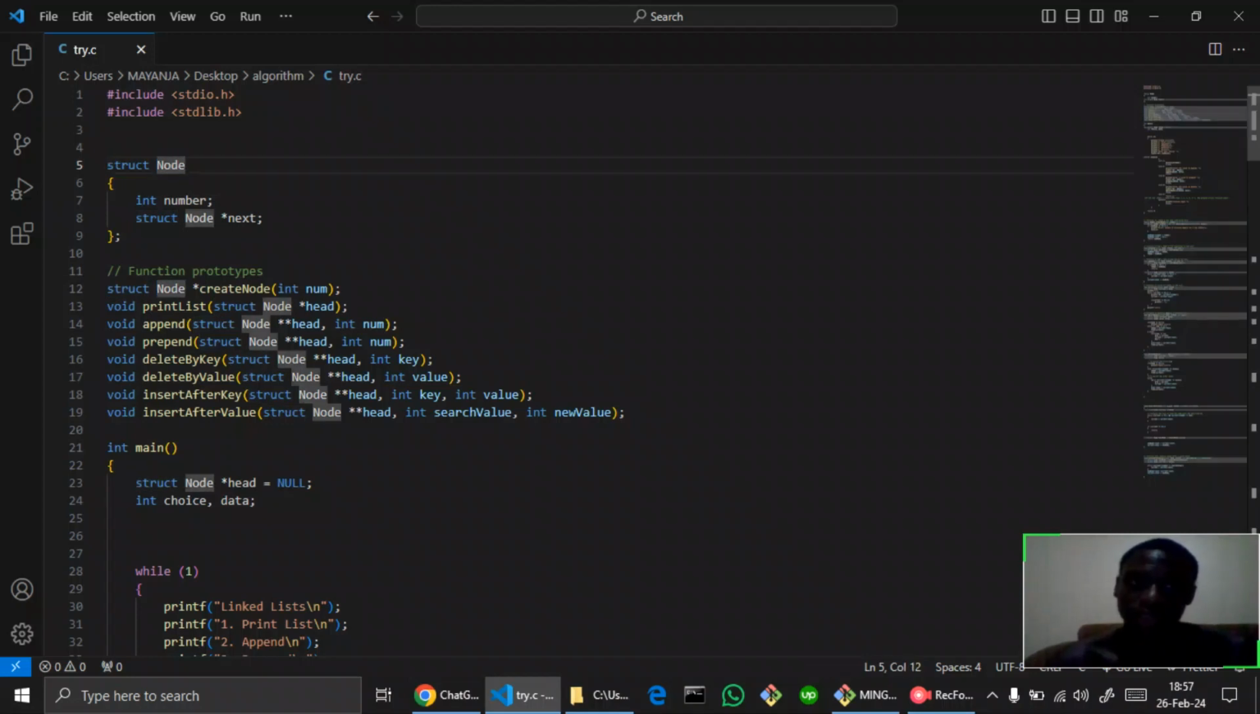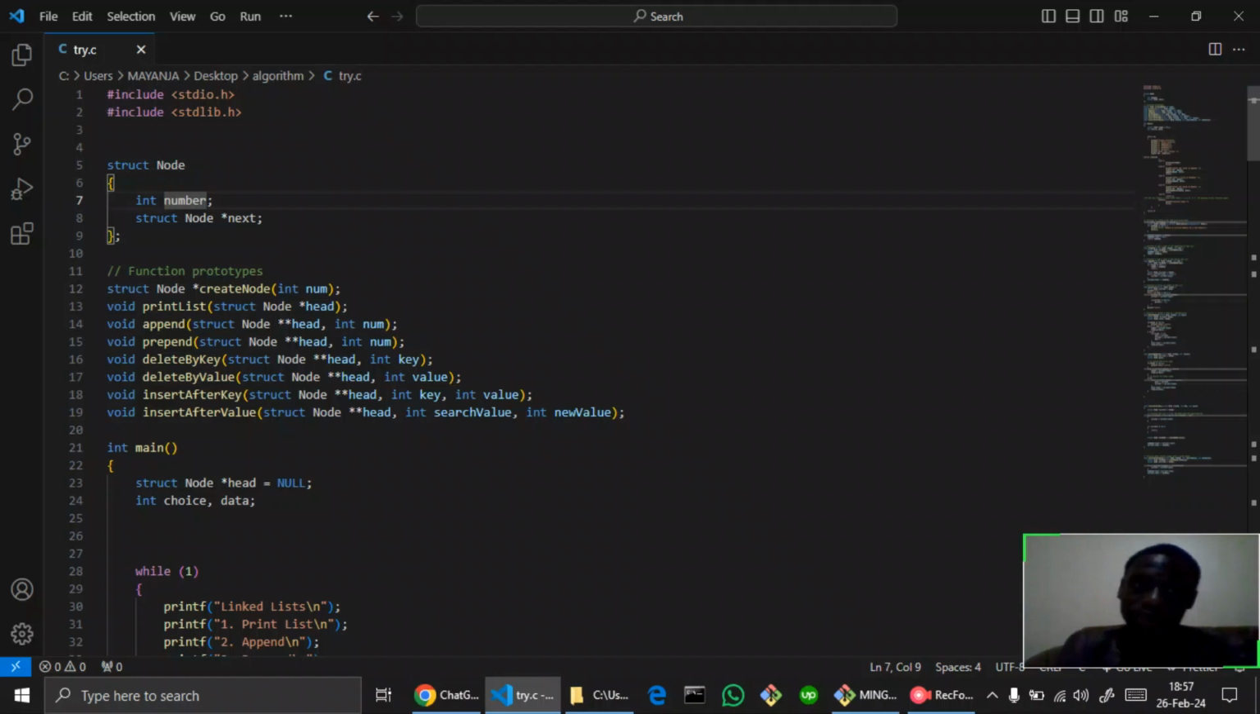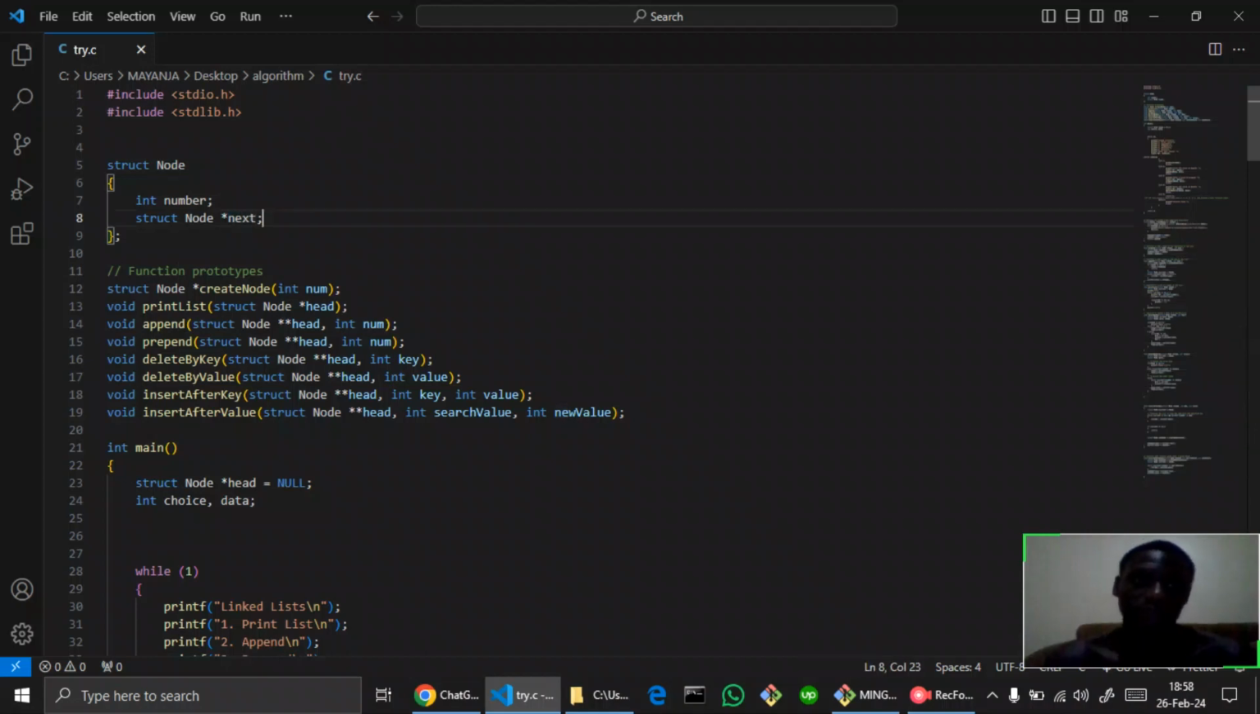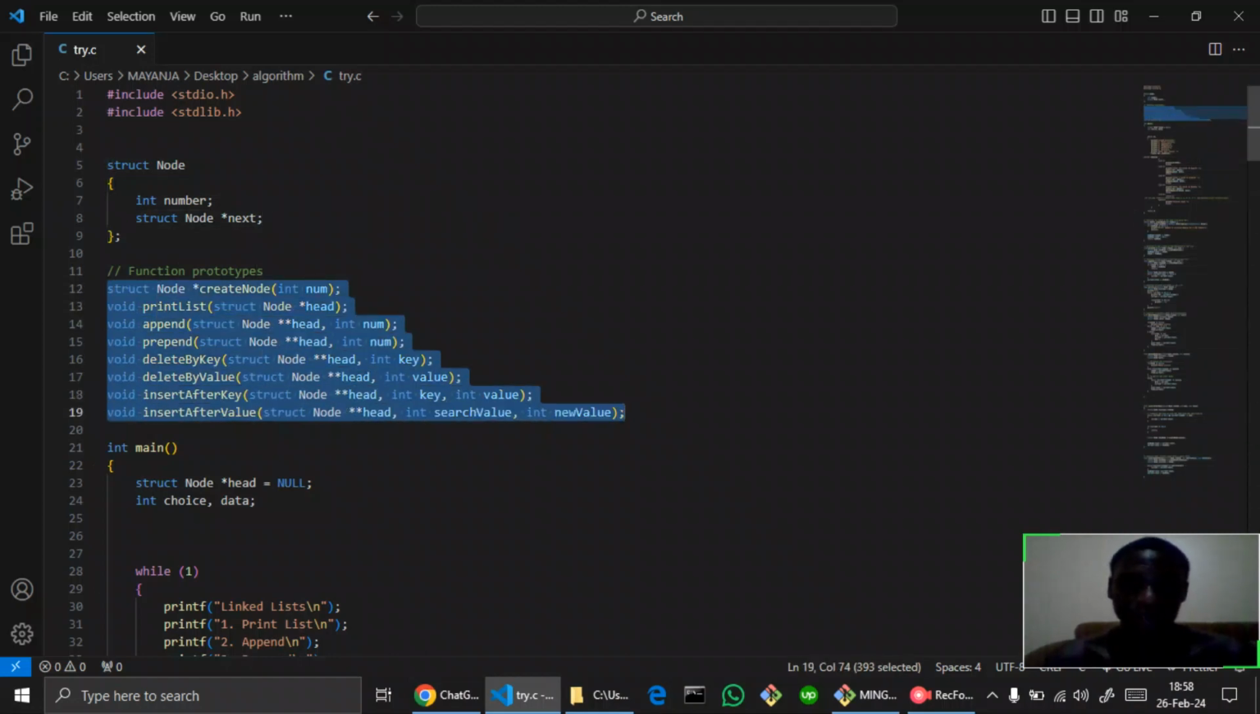Here we are creating a linked list node using the structure data type, and it takes two members: an integer, a number, and a structure pointer variable called next, pointing to the next node. Then here we have functions that will implement functionality in this